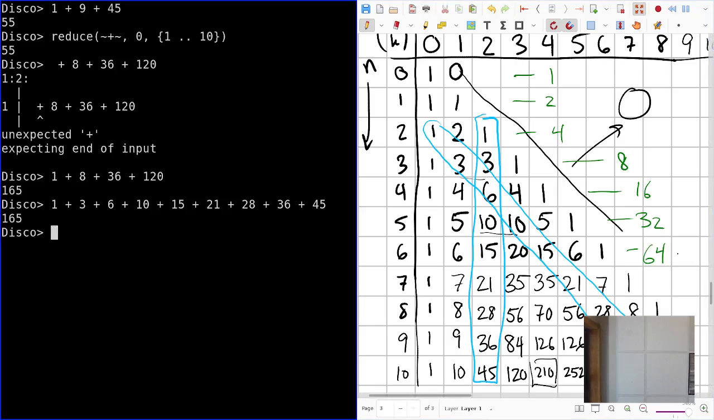And also, Disco has binomial coefficients built in, so I can say things like 10 choose 4. So I could say, for example, if we want to add up this row, this is 6 choose k for a bunch of different k. I can't make a set, because if I make it a set, it's going to get rid of the duplicates, which I don't actually want. So I can make it a list, which we haven't talked about, but